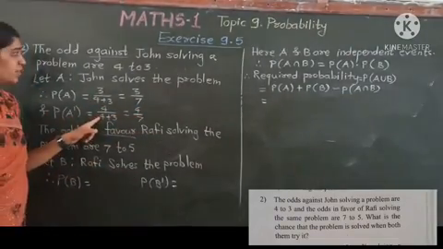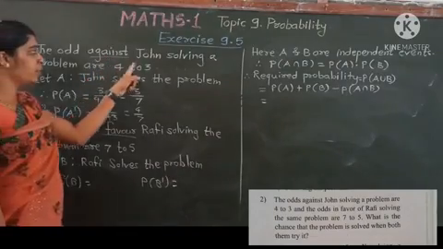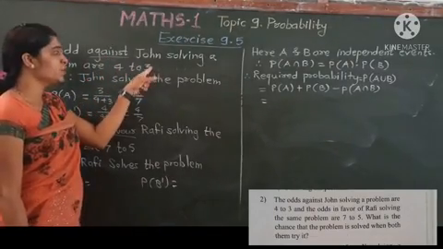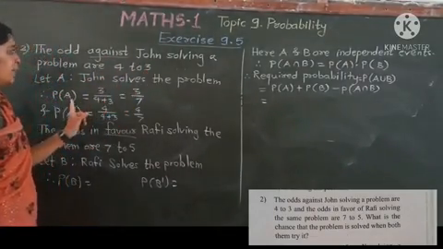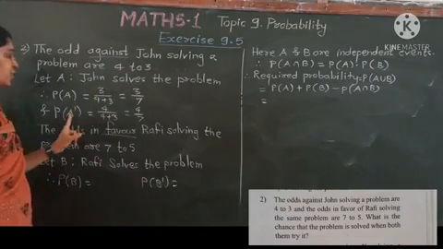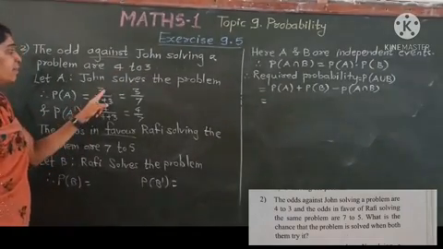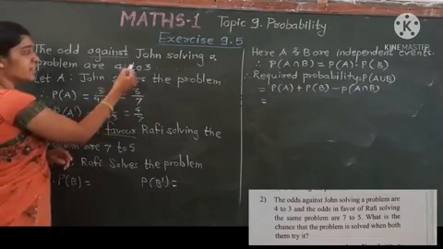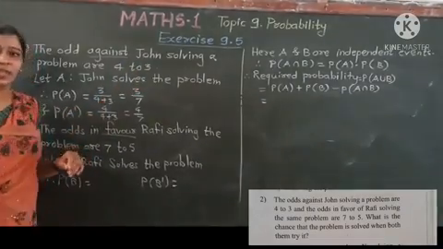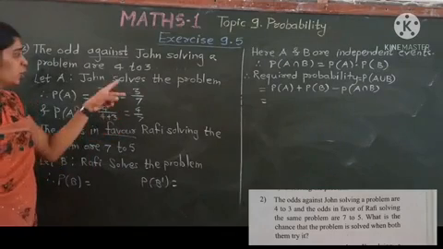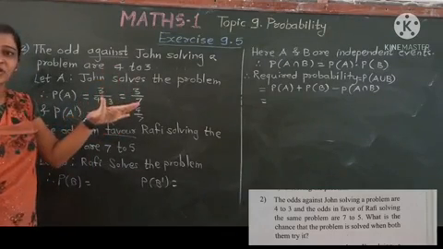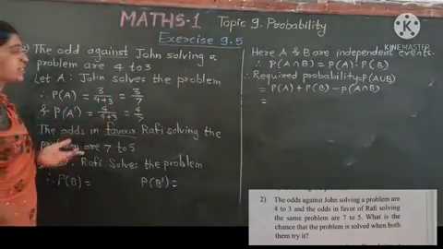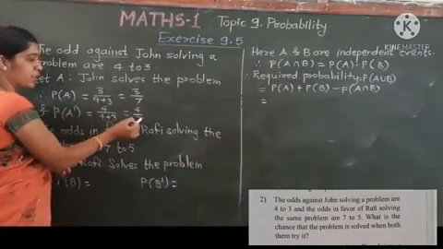Okay, understand this first. Against means unfavorable to favorable. Favorable means chances of solving, we called A, and chances of not solving, we called A dash. Means 3 upon 4 plus 3, and 4 upon 4 plus 3. Total events are 4 plus 3. How will the sample space come? Both together, A and A dash together, what will they become? The sample space. Meaning both together make the sample space.